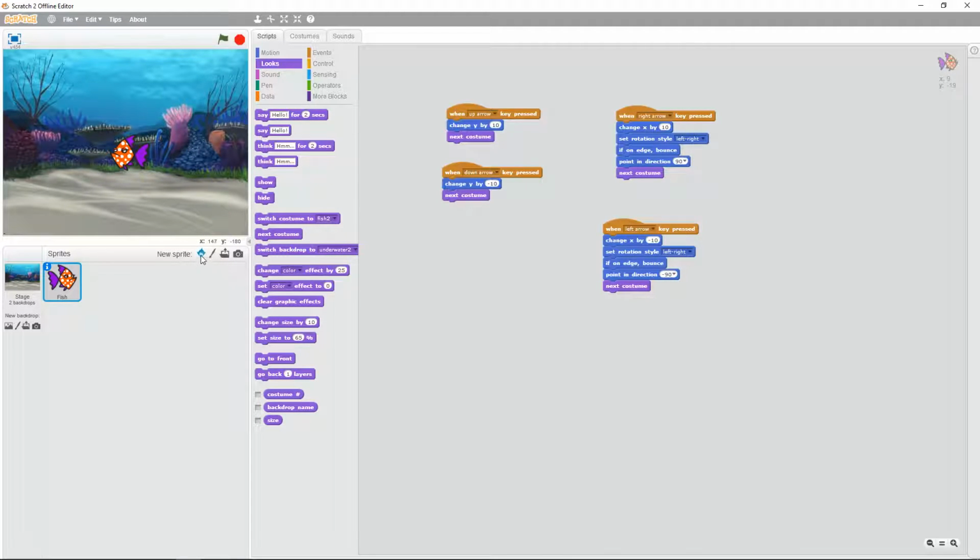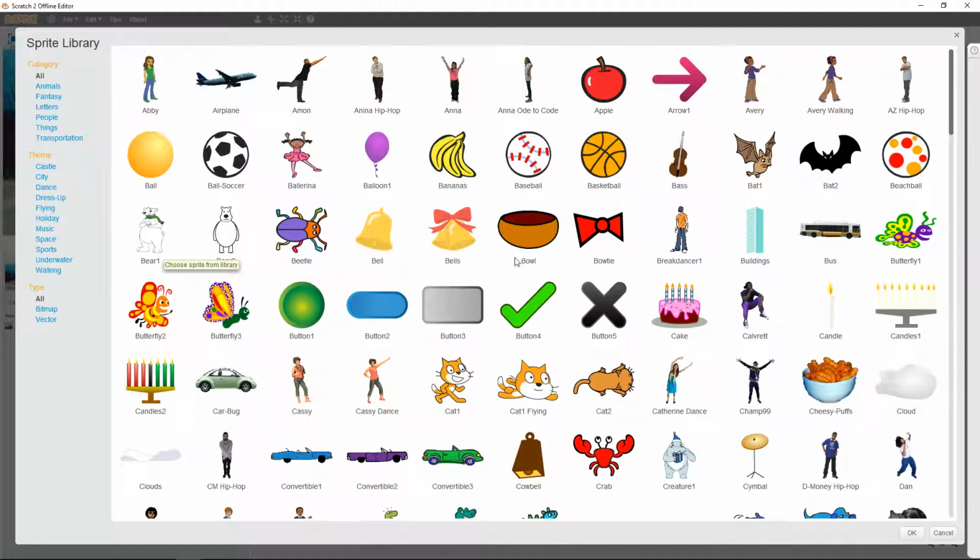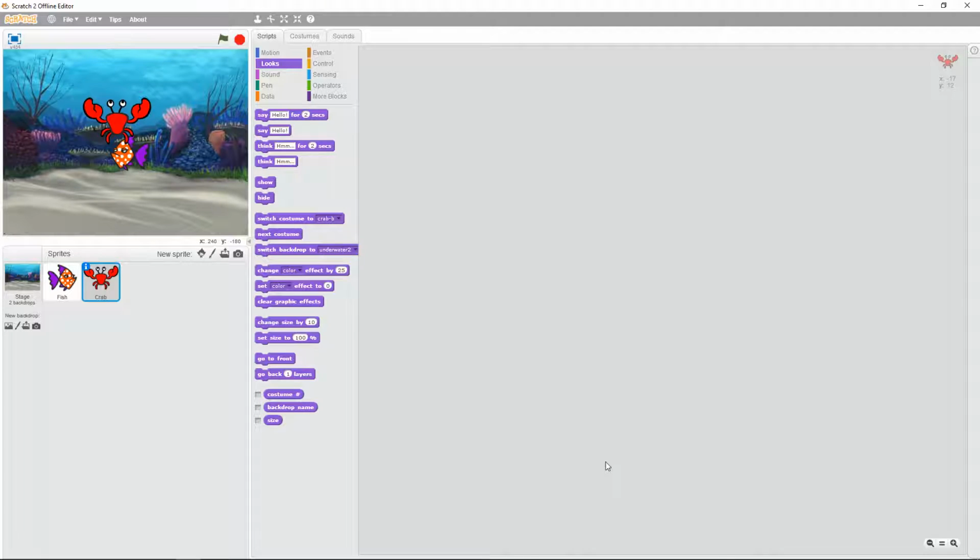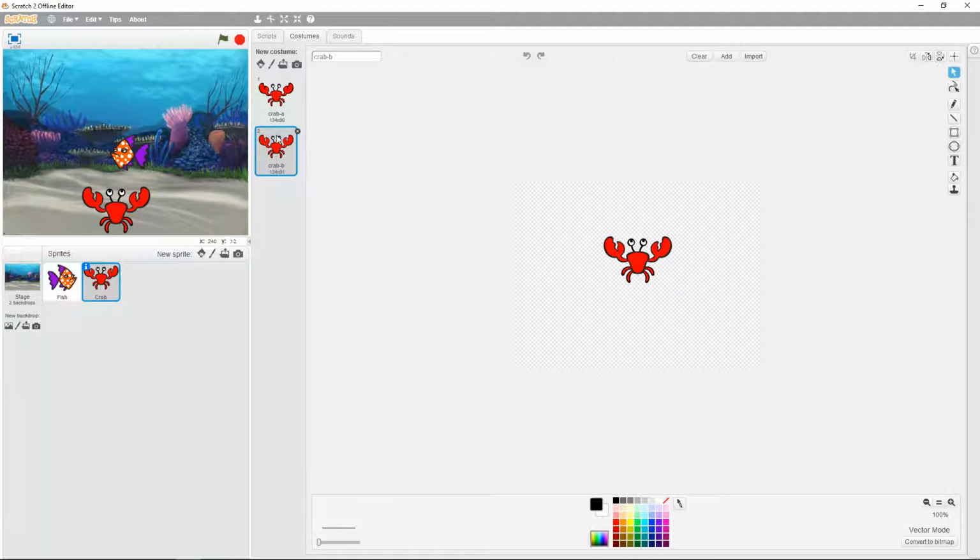So the next thing to do is to add from the sprite menu, to scroll down and to find the crab, so just double click it. We're going to drag him to the bottom and we're going to sit him here. Now if we go to the costumes, we'll notice that we've already got a crab costume. So what we're going to do is we're going to get him to move across,